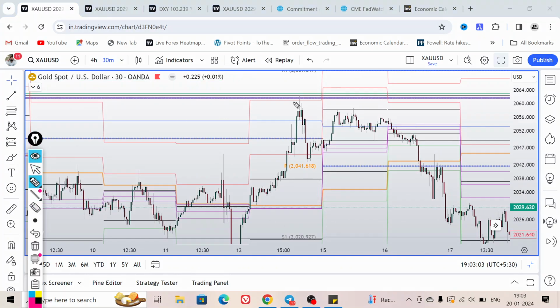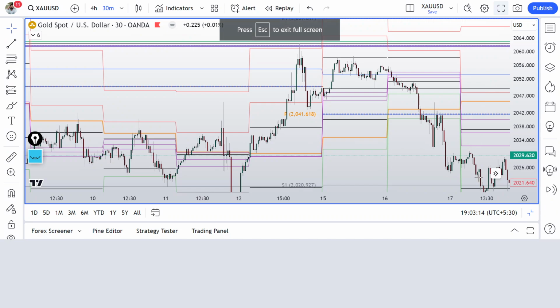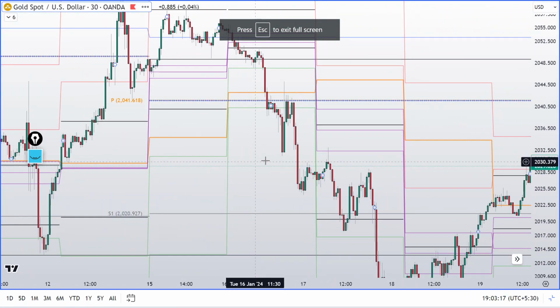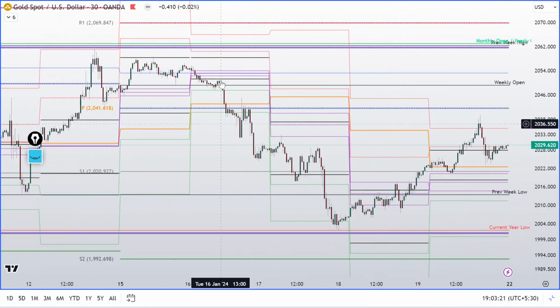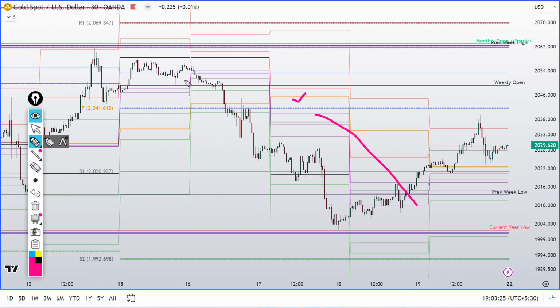because if we check the previous week, you can see the price rejected from the monthly pivot, and after this rejection we have seen a continuous decline on the gold chart. And if we check the intraday chart, you can see right over here that in the Tuesday trading session we have seen a big, sharp decline, and then in the Wednesday trading session also the price